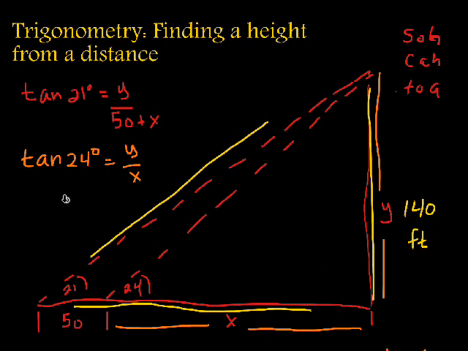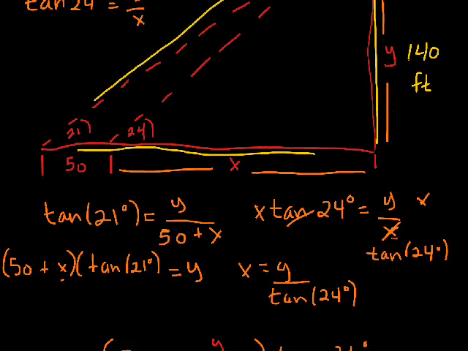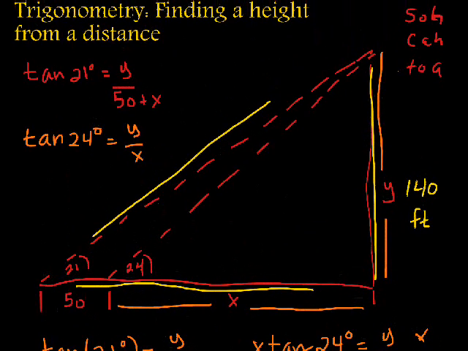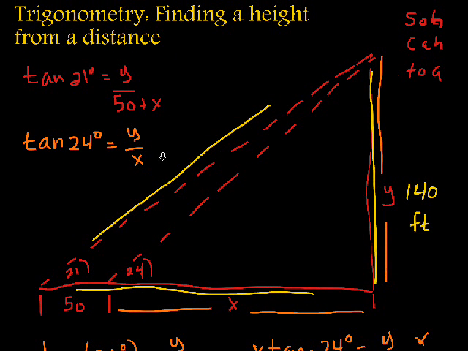But we did it correctly, and we worked out the whole way on how to do this. And the simplest part of this to realize is right here. This part right here. When you have this x, you want to isolate that. And once you isolate that x equals y over the tan of 24 degrees, you can put that in where the x is right there, and then solve for y. Now I know that it sounds simple how I just said that, but that's what we just did. We isolated this x,